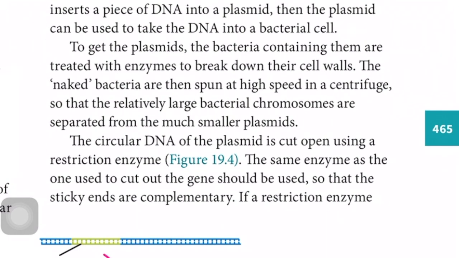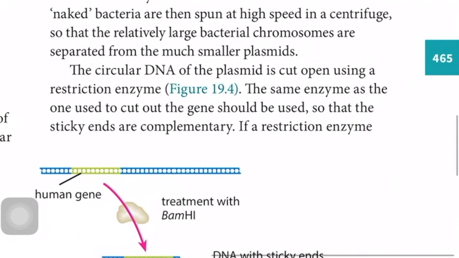To get the plasmid, the bacteria containing them are treated with enzymes to break down their cell walls, because the plasmids are inside the bacteria. The naked bacteria are then spun at high speed in a centrifuge so that the relatively large bacterial chromosomes are separated from the much smaller plasmids. I have explained the physics behind this in the chapter on nucleic acids and protein synthesis. The circular DNA of the plasmids is cut open using a restriction enzyme. The same enzyme as the one used to cut open the gene should be used so that the sticky ends are